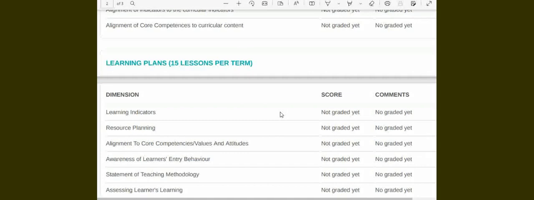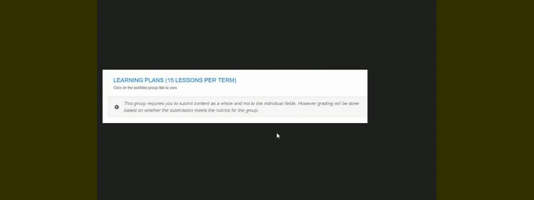The portfolio is what we call the learning plans or the lesson plan or the lesson note. And the lesson note has a style and a way to follow, a guideline to follow. Let's look at what NTC says. NTC says that